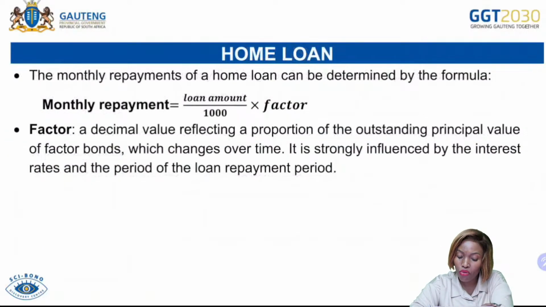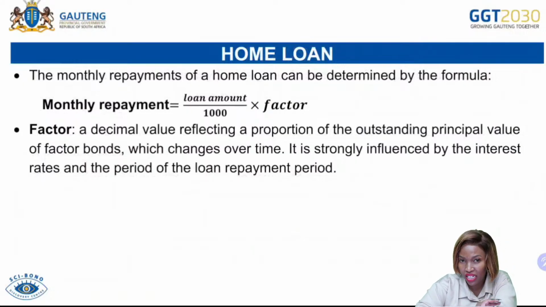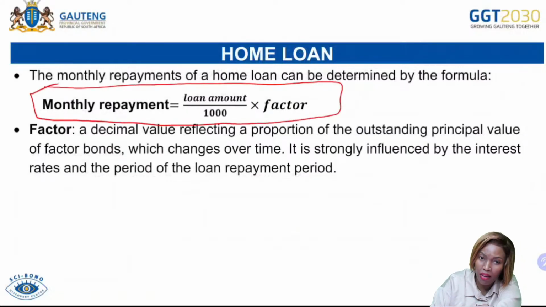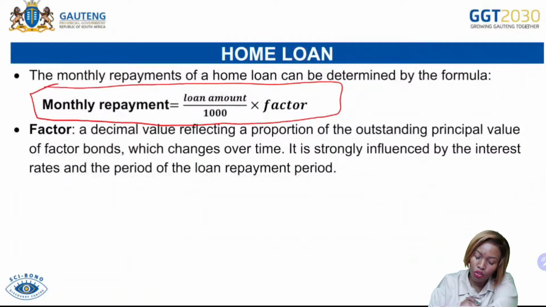When it comes to the home loan and deciding on how much one should be paying every month, we use what we call the factor, and there is also a formula that can be used. So this formula helps us determine the monthly repayments. You don't have to memorize this formula. If you have to use this formula in the exam, the examiner will provide you with this formula. So if you want to calculate the monthly repayments, this is the formula that we are using: the monthly repayment is the loan amount